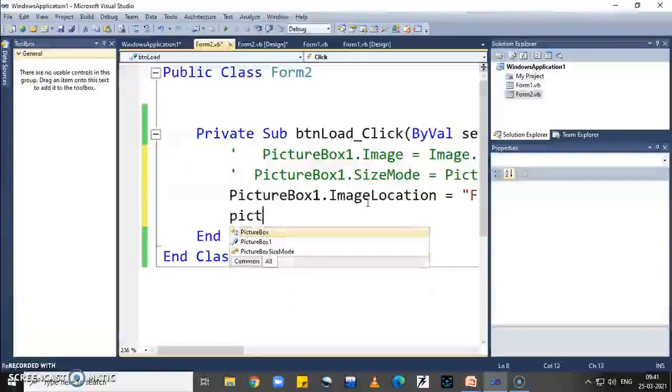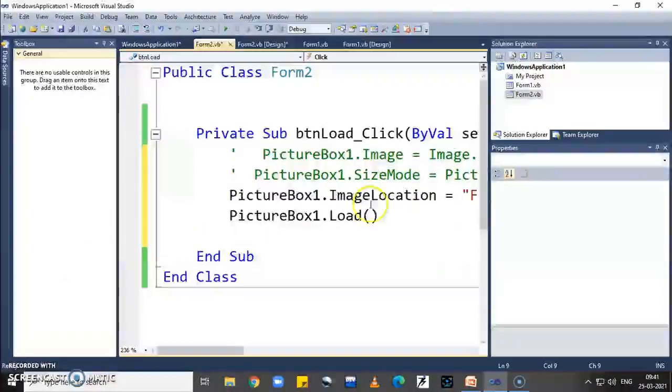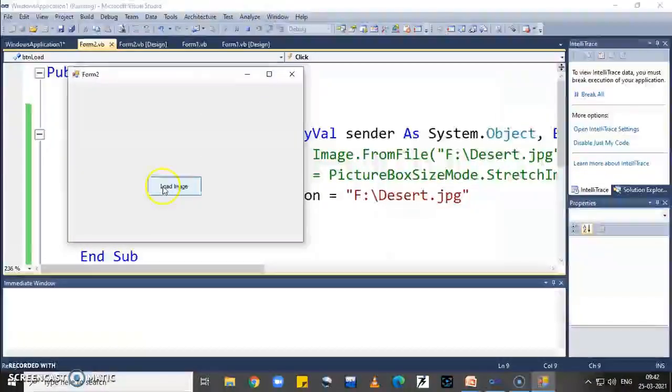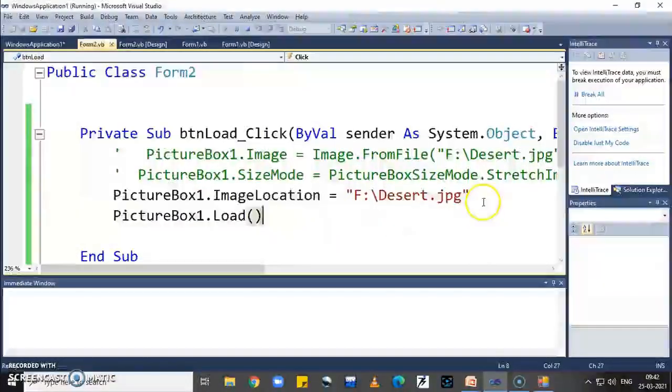Now I use the picturebox1 dot Load method. This load method loads the image from the path which is given in the image location property. Now run the practical. Click on the load image. My image is displayed. Again, my image is in a normal way.